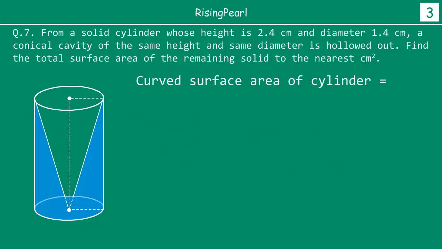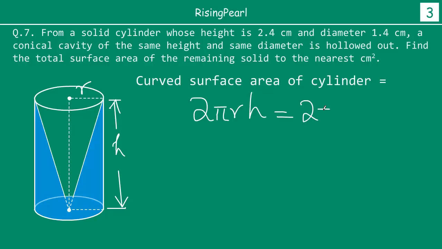So now using the formulas that we have learned, what we know is that this height is given to us, and this radius is also given to us. So the curved surface area of a cylinder, the formula says, is 2 pi r times h, or it will be 2 pi, what is r? So 2.4 is the diameter. So we know that r is diameter by 2. So we can say r is equal to 2.4 by 2